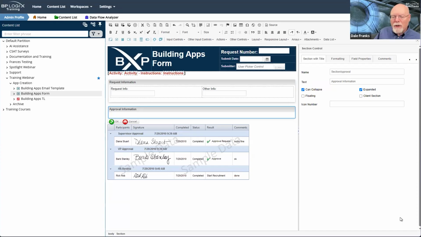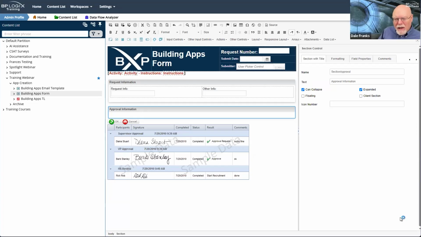The reason why we have this approval information section is that this is where we're going to group any information that we need to collect from our approvers as this goes through the approval process. That means that if we're going to collect information, they need to be able to provide information. And so the fields that they need to use and work on need to be disabled. Now, obviously, when the process is done, we don't want them enabled anymore. So we have to take care of that.